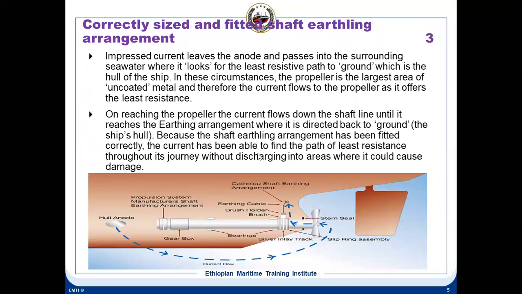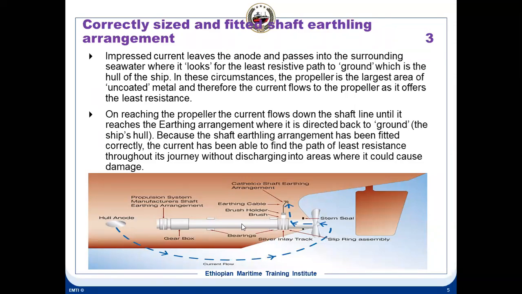So here you can see some of the electrical propulsion ships, because the drive is coming from the motor from this end. The motor is this side, and from the motor it is coming to the gearbox, and from the gearbox the shaft is connected. So there could be a chance that from this side also the current can come in electrical propulsion ships, because through the motor shaft also the current can come. So that is the reason, like in generators also we are using a shaft grounding.